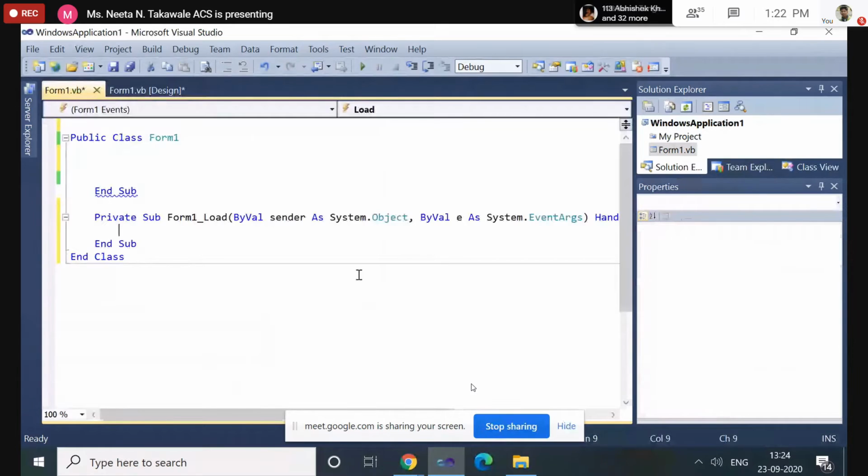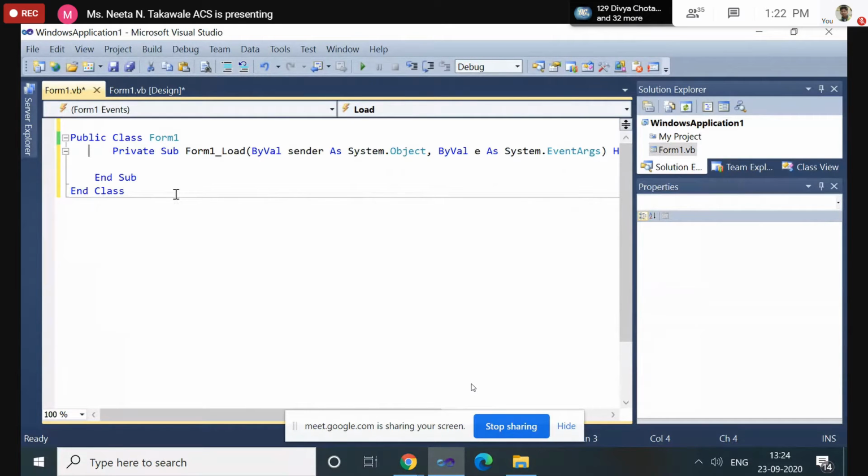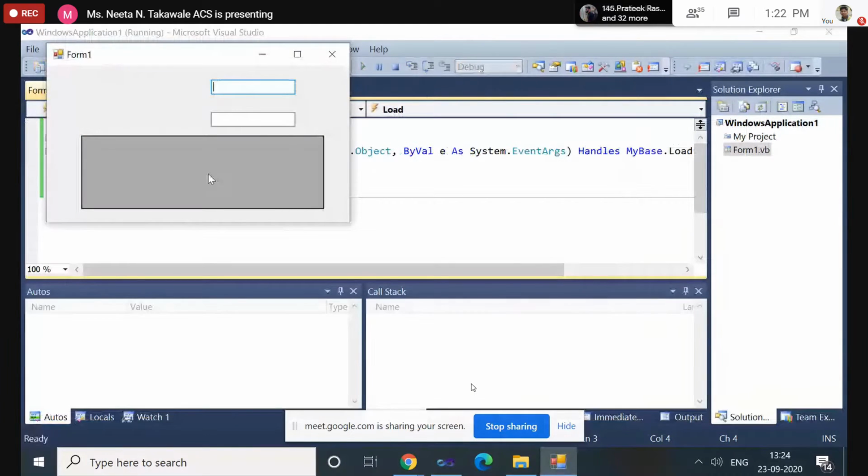Now we'll see how we can display the table on this data grid view using the data table class. That means through coding we are creating the table and we are displaying it onto the data grid.